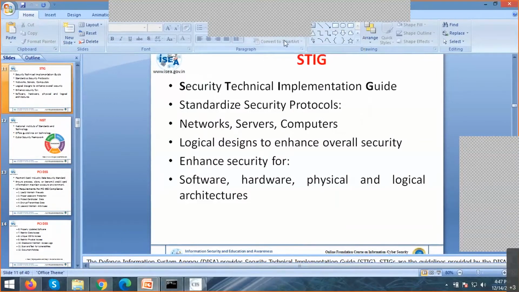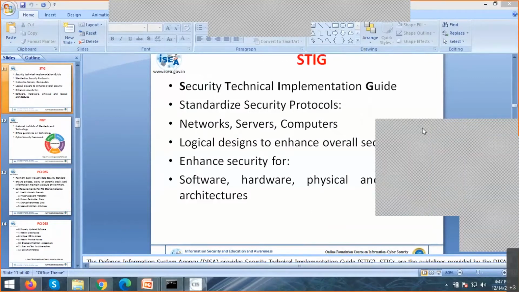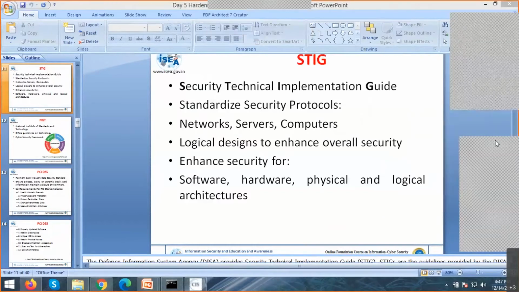So first of all, we'll have Belarc Advisor. We'll demonstrate Belarc Advisor. How many members have the basic idea about Belarc Advisor? Any idea about it? Or any tool which gives you the vulnerabilities, your security benchmark score, or what different security patches are missing?